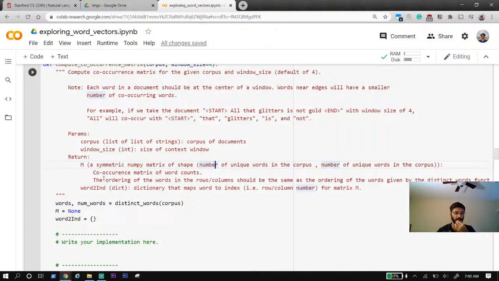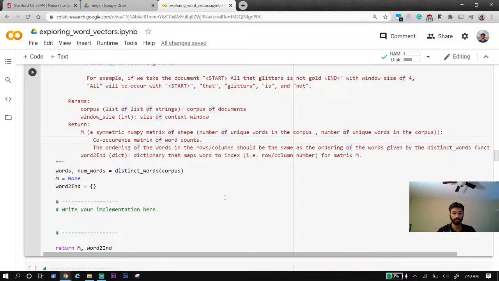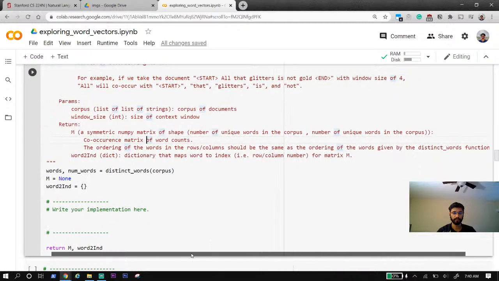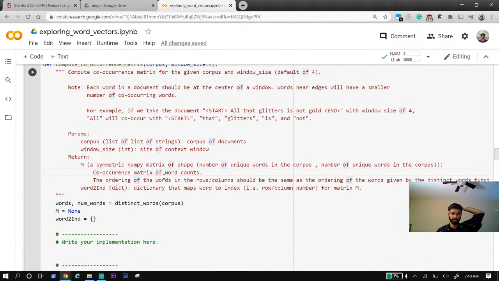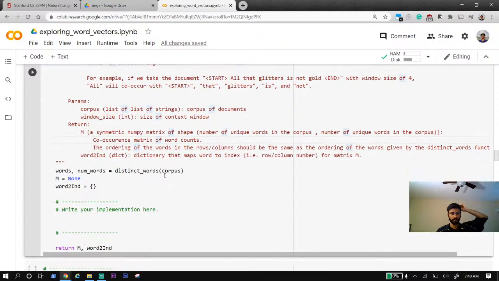The ordering of the words in row and column should be the same as the ordering of the words given by the distinct words function. Word to index, the dictionary that maps word to index, row and column number for matrix M. So we define words and number of words as the distinct words. M is equal to None at the beginning. Word to index,